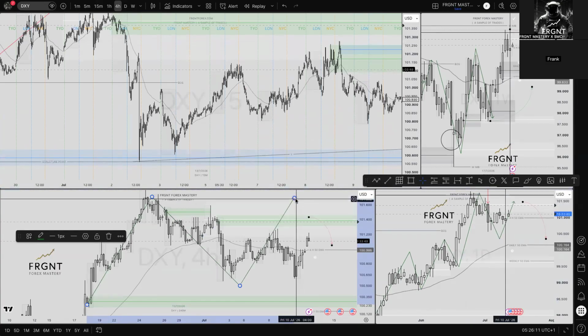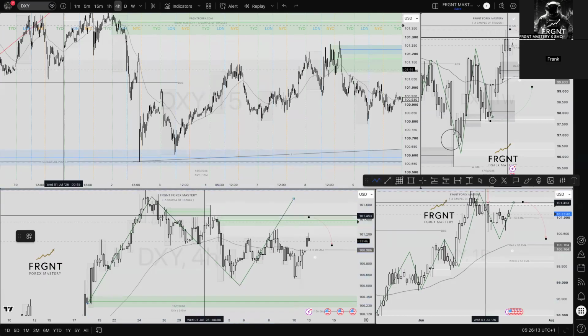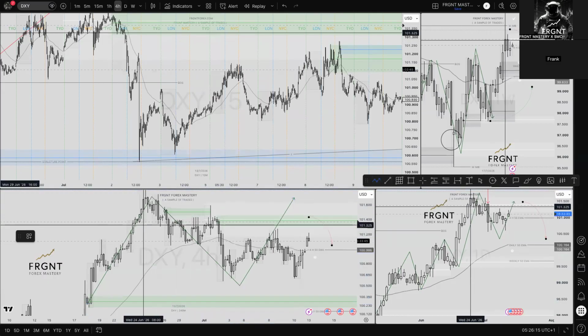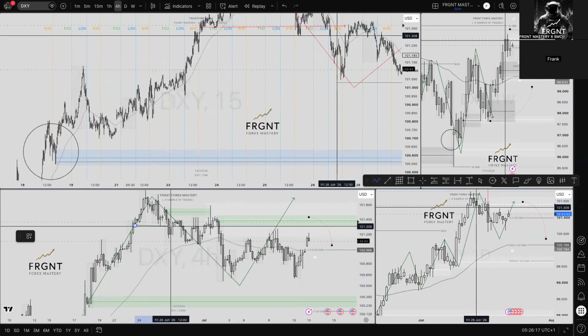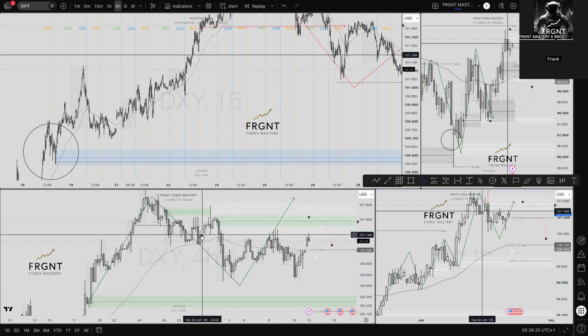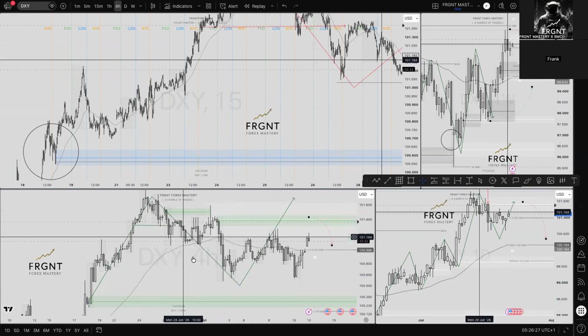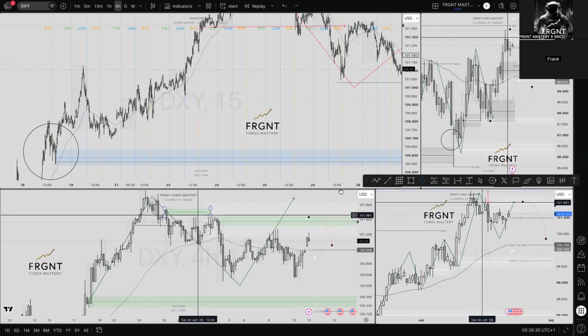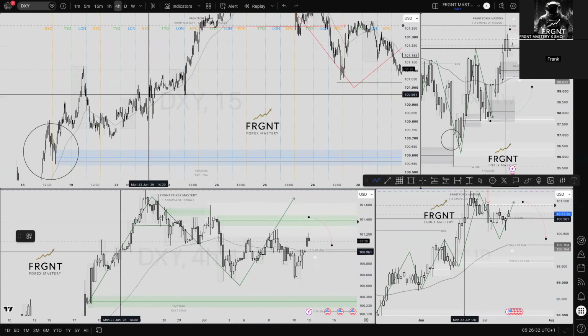Higher high continuation. However, in the immediacy, in terms of intricate breaks of structure, it's then down to us to seek to understand when we would be ready to understand where a break of structure has occurred. So here's our first potential break of structure that could have been in the market. However, if we weren't comfortable using this area here as a break of structure, and we have this area here